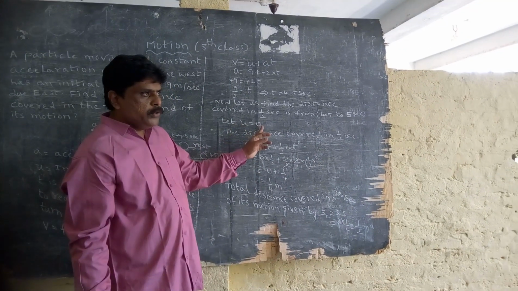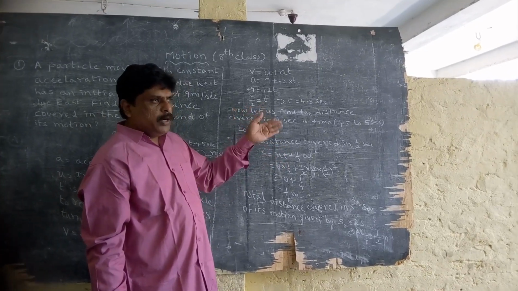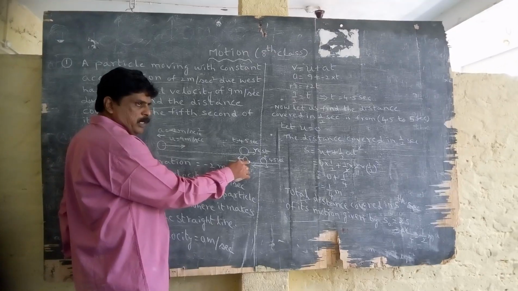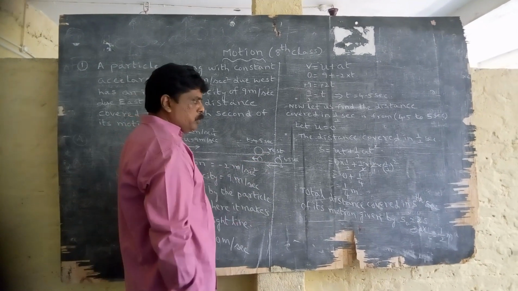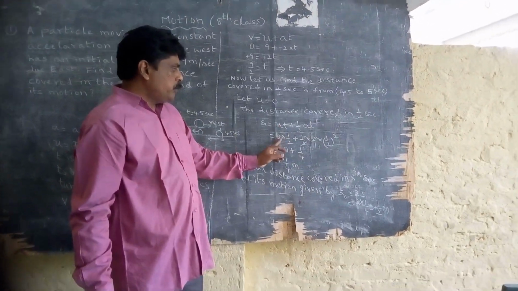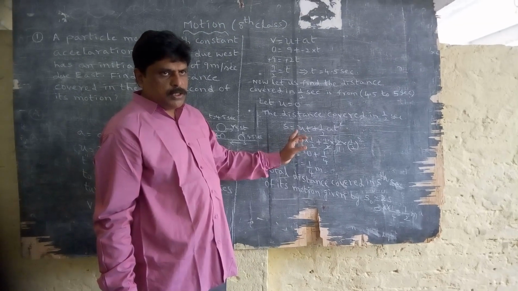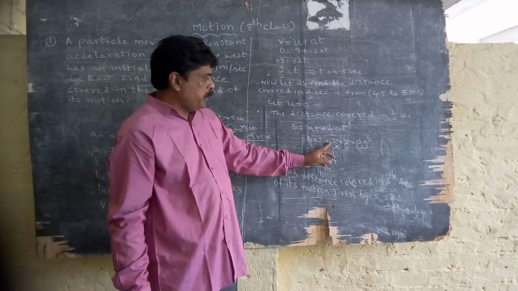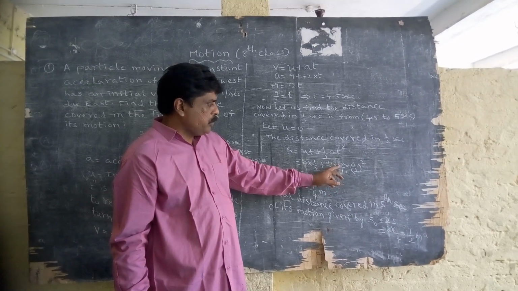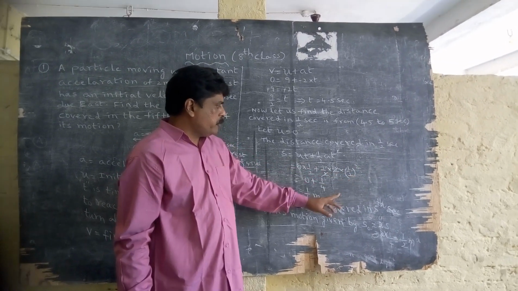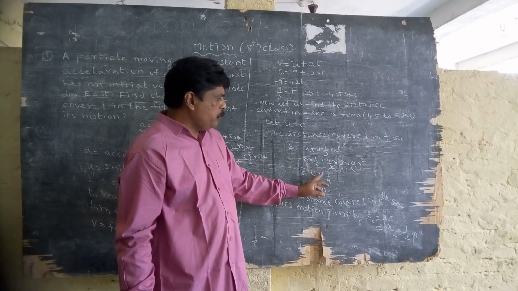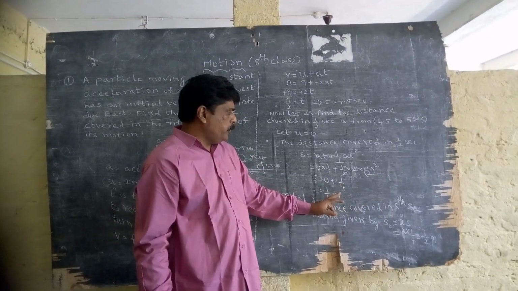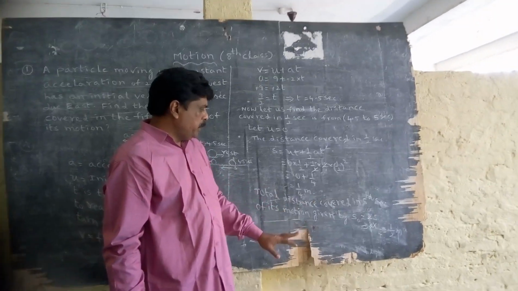Okay, let u be equal to 0, because the body starts from rest. Here the body starts from rest, so the initial velocity is 0. The formula from the equations of motion is s equal to ut plus half a t square. Take u equal to 0 into t value half, plus half into acceleration 2 into half t square. 0 into half is 0, plus here 2 is cancelled, 1 by 2 whole square means 1 by 4, so 1 by 4 meters.